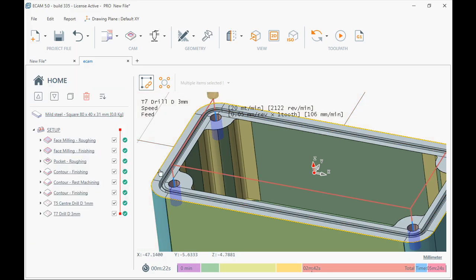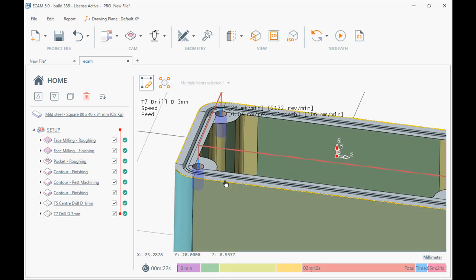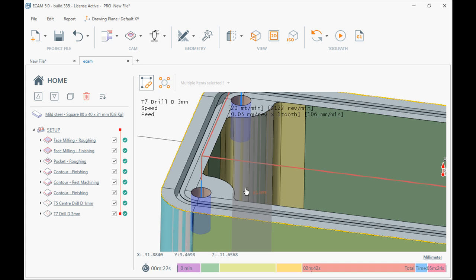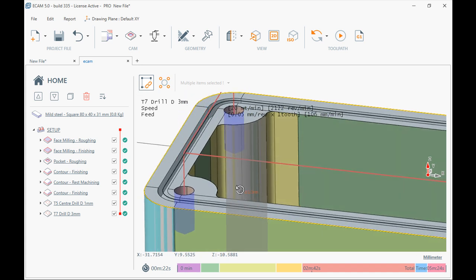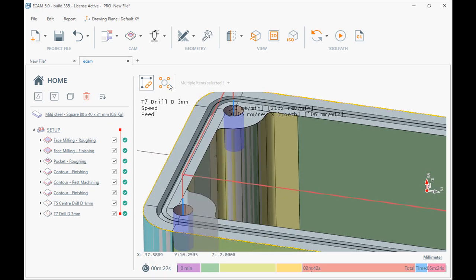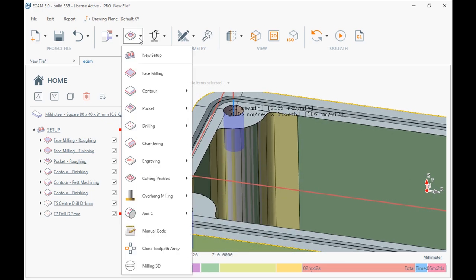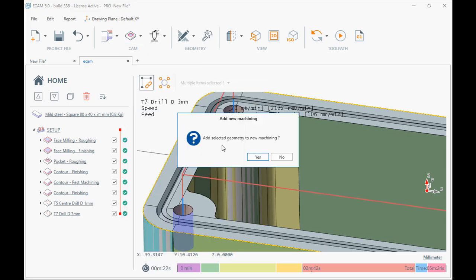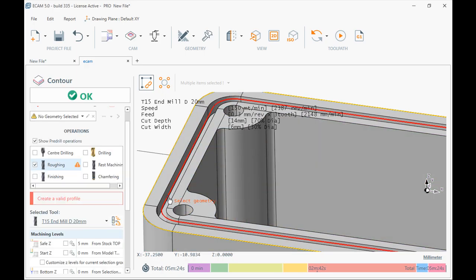And now it is done. So now I will open the slot, and we can do it with one toolpath. So basically contour, selecting geometry, and I will select this geometry here,